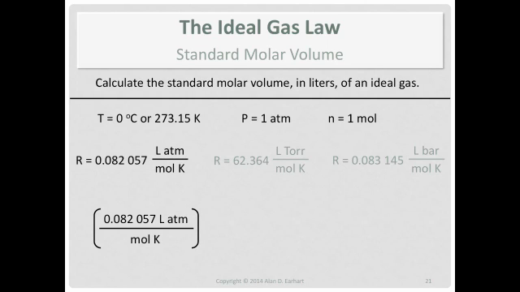I always recommend that when you write the value of R out, you don't write it the way I wrote those three initially. It's not that it's wrong. It's just that by putting the units at the end, and since they're combination units, it can be a little difficult to work with them. So notice what I've done down below. I've clearly distributed the units for the numerator and denominator. And it makes it easy to check units. It also makes it easy when you need to take the reciprocal, when you divide by R.